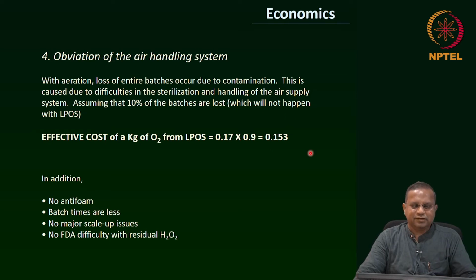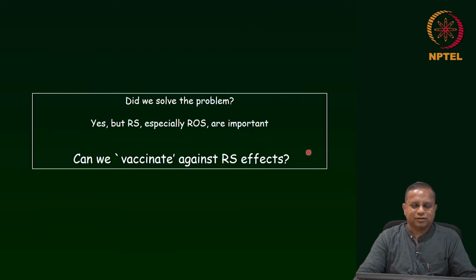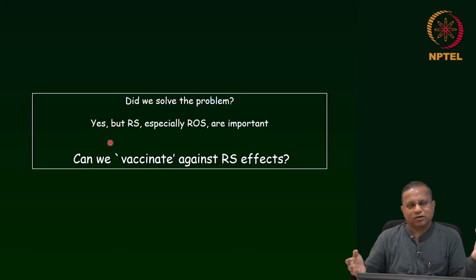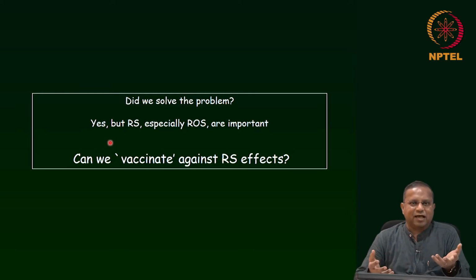At that stage, our thoughts were something like this. Did we solve the classic problem of oxygen supply to bioreactors? It was a classic problem. Yes, because as you saw, oxygen was made available to the cell at the place of need, and whatever the oxygen does not need seems to come out of the cell, right? So that's as complete a solution as you can get.